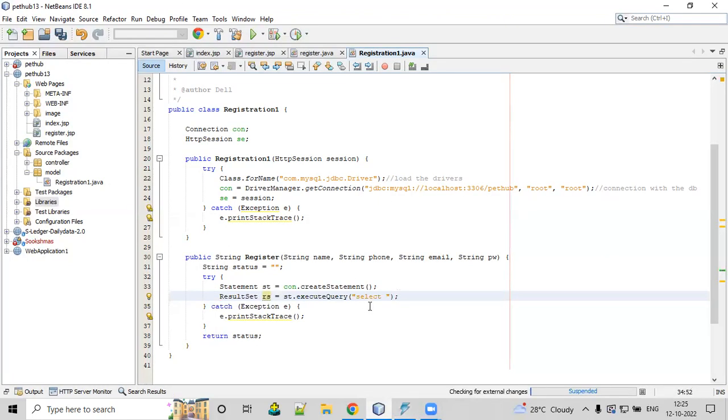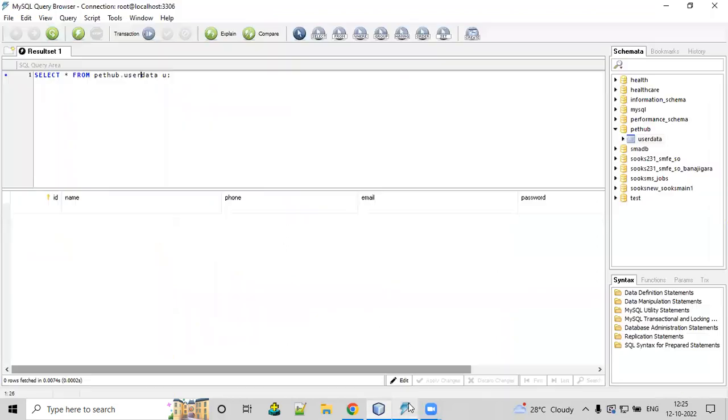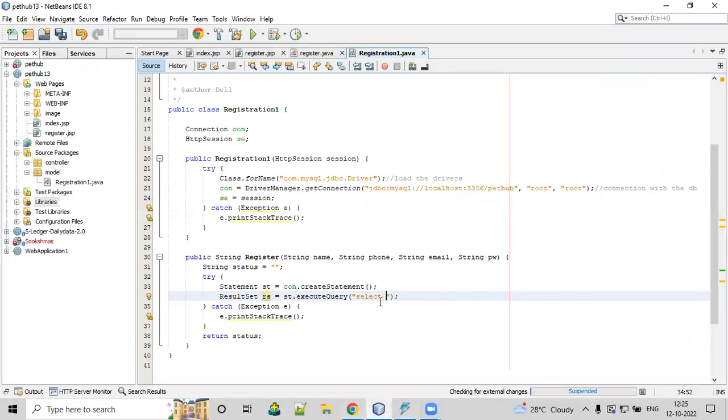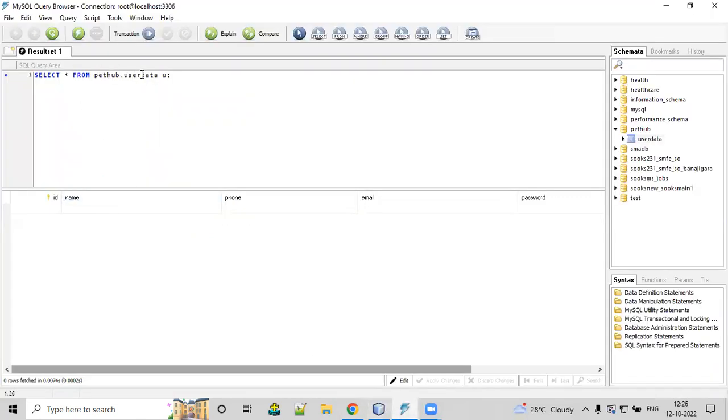Select star or some ID I will take. Only one column, you can check for one column only so that the performance will be very high. If you check star, it will scan all the columns. So if you check only one column, it is fine, or else you can check star also. Now I'm going to check only one column. Select ID from which table? Table name is userdata,